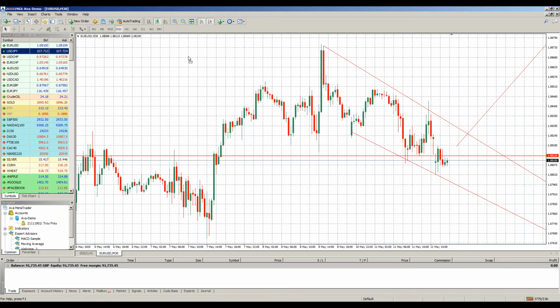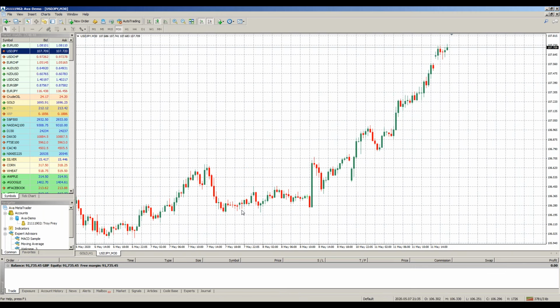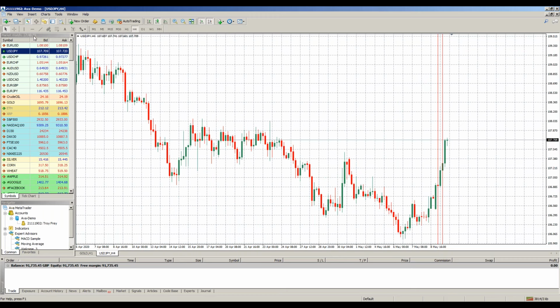USDJPY, same thing as the EURJPY, right? A lot of optimism, especially in the USD. Remember, the USD has been strengthening even when other currencies have weakened. Let's look at the resistance level. Look at this resistance level here. It's close. It's not there yet. Resistance, resistance, resistance, resistance. Okay, that's a beautiful resistance level.